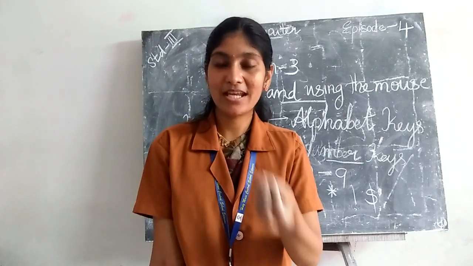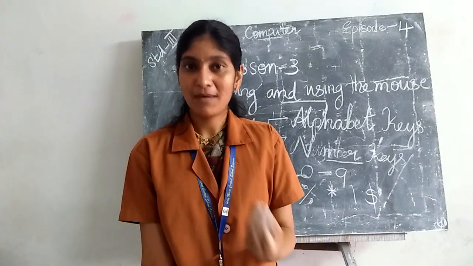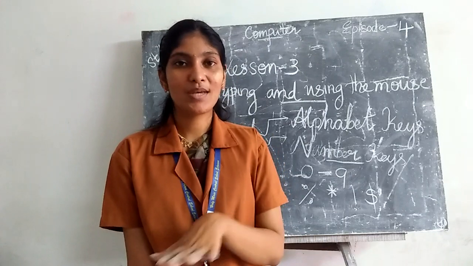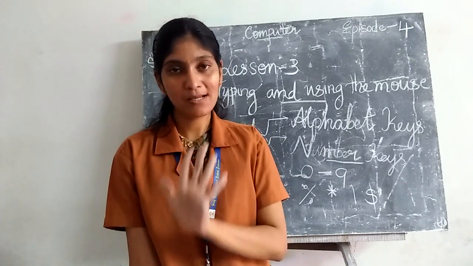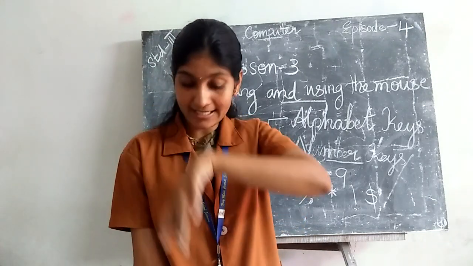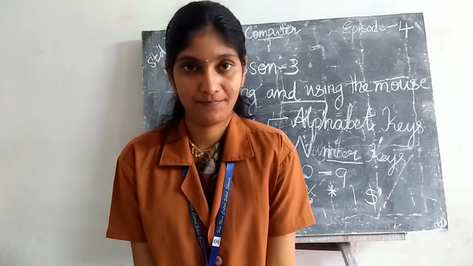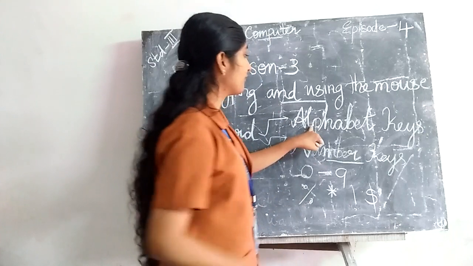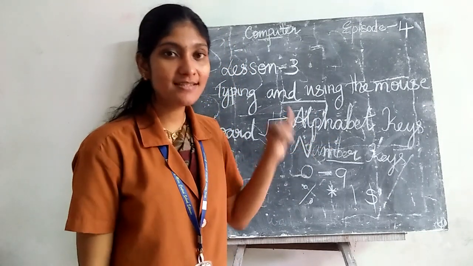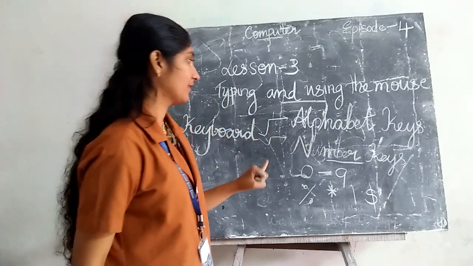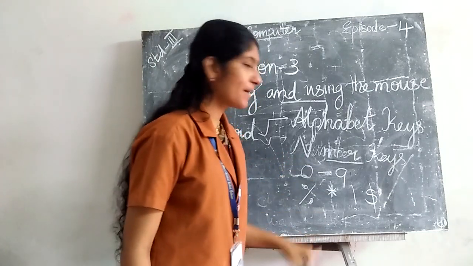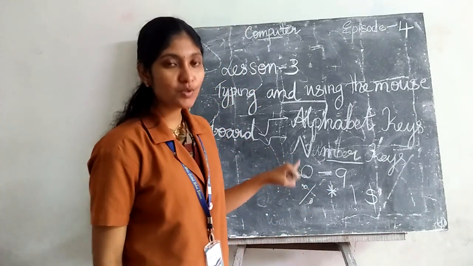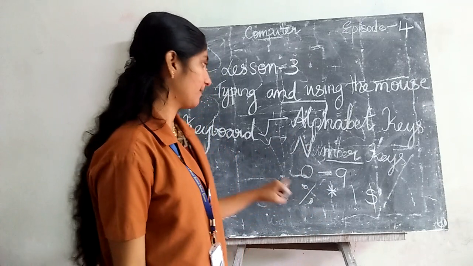You can enter your data, money or cash, etc. So you can enter the numbers. That is the main purpose. That is the second type of key, the number key. Okay, so the first key is the alphabet key. It contains letters A to Z. And the second key is the number key. It contains the numbers 0 to 9.